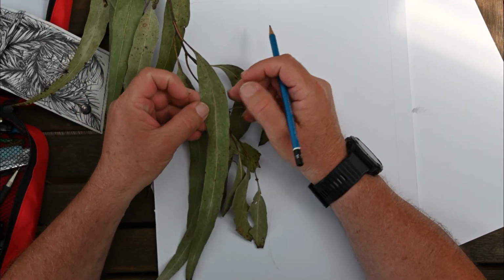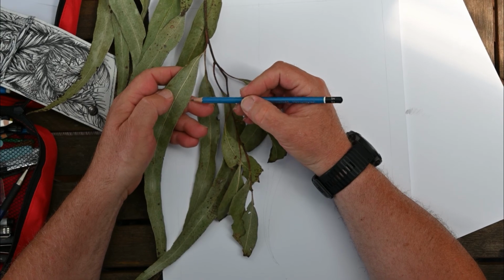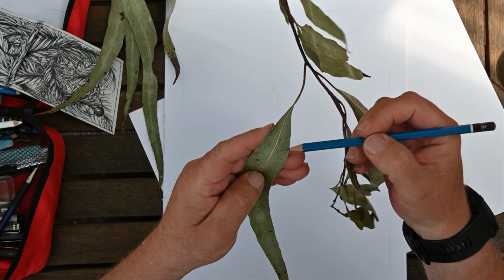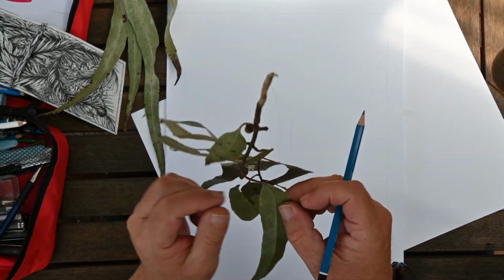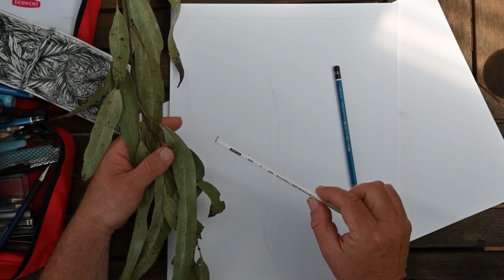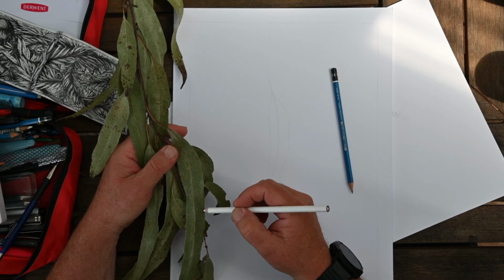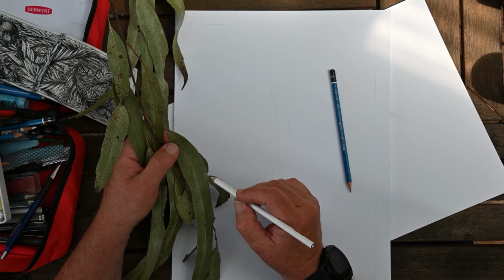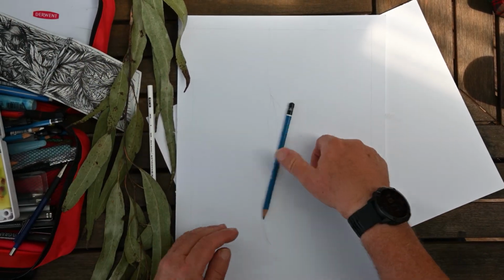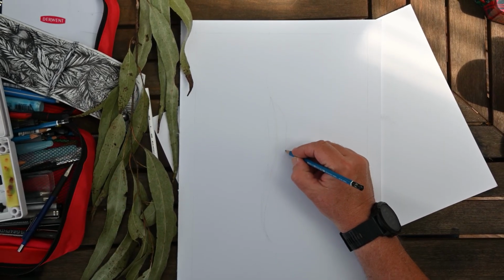The other thing too is there's a very clear vascular structure. This is the top of the leaf, this is the bottom of the leaf, and I don't know if you can see that. If you can resolve that with a bit of light, you can see the vascular structure there. Unfortunately, I might be able to go back over the watercolour with a white pencil, put a really sharp point on it and see if I can scribe some of those in. And there's a vein running all the way down the side of the leaf. I'll see if I can pick that up. So that's my main compositional piece. I could probably put another couple of bumps in here, and